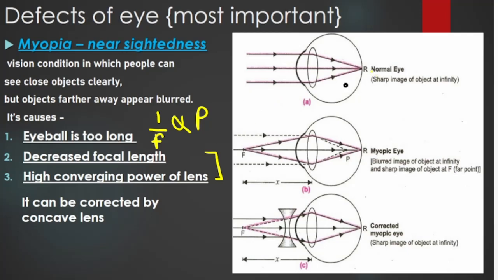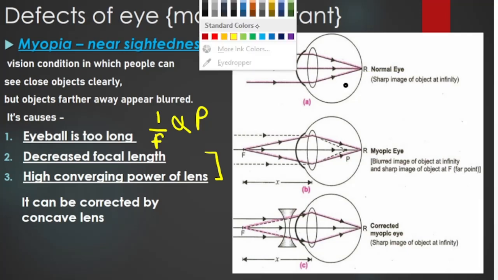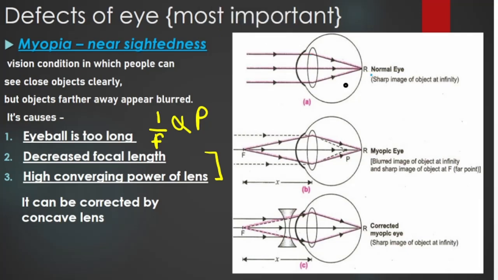One is normal eye. Here I have one example of normal eye, then myopic eye, then corrected myopic eye. So what happens in normal? The parallel rays came from infinity, got refracted, and the image formed on retina. Sharp image of object at infinity. Sharp image formed on retina. R refers to retina. Now in case of myopic eye,